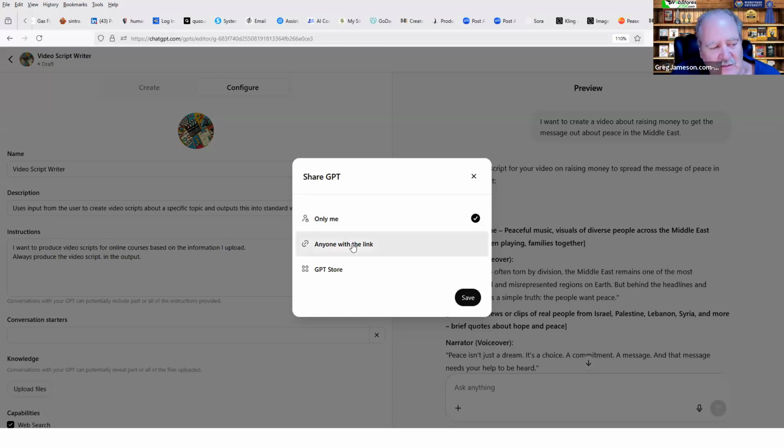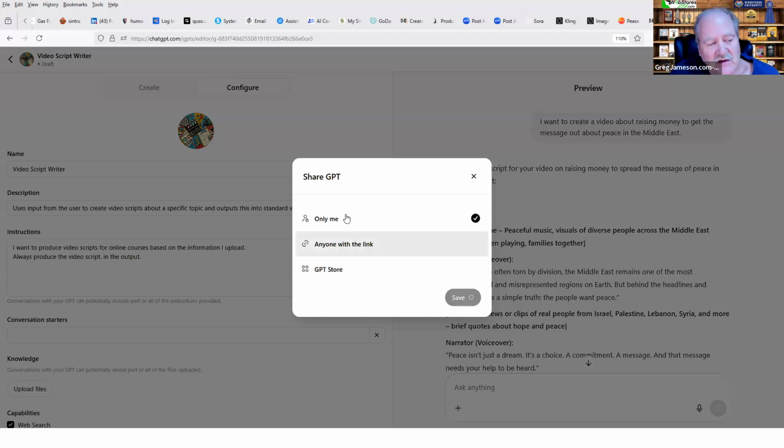I can send it out to anybody with the link, which if I'm trying to monetize this and actually sell my own GPTs, then that's probably what I would choose. And then I would sell it on my own website with a link to that GPT so that somebody could get to it. Or I can put it in what they call the GPT store, which means that it's basically public and anybody can access it and use it.